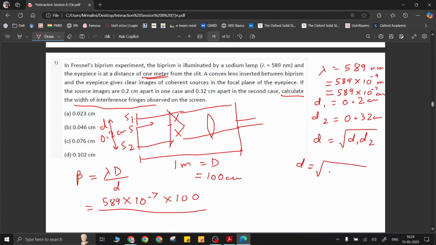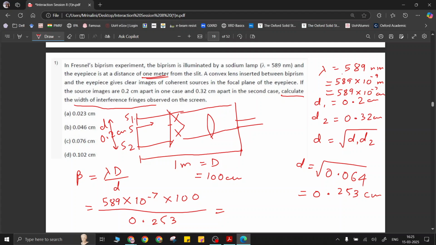The value is 0.064, and I'll take the root of this, which will be 0.253 centimeter. I'll put that value here, 0.253, and the final answer will become